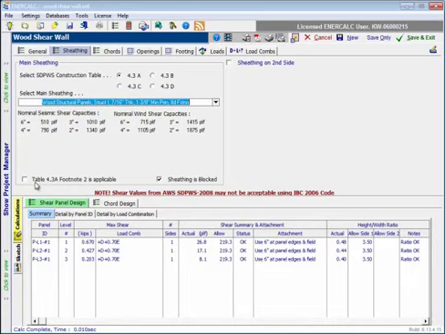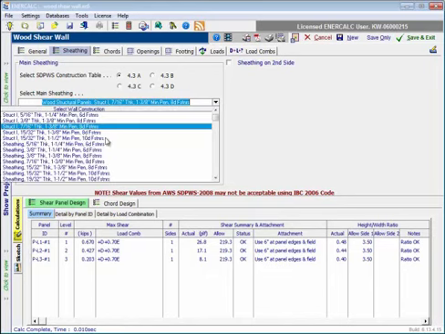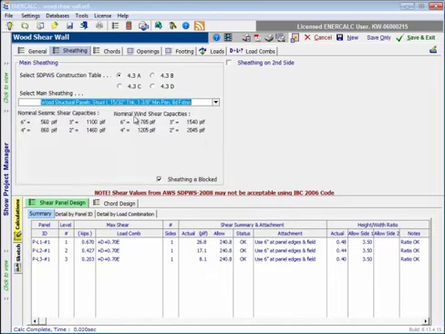And so if you happen to choose one of those combinations of sheathing and fastener penetration and fastener size, you have the ability to indicate whether or not that particular footnote applies. Just wanted to make sure that I pointed that out,